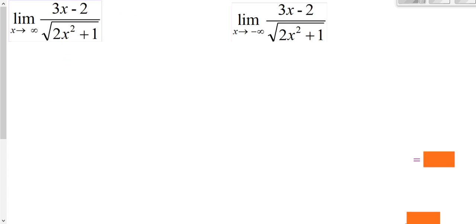Now here, technically speaking, you would probably have to go ahead and divide the top and the bottom by the square root of x squared. You'd have to divide the top and the bottom by that, or multiply the top and the bottom by this. Now, you could do that, and that's what a math professor in college would tell you to do, but I think there's an easier way to look at it. Now, when we are looking at this, most influential on top over most influential on the bottom,